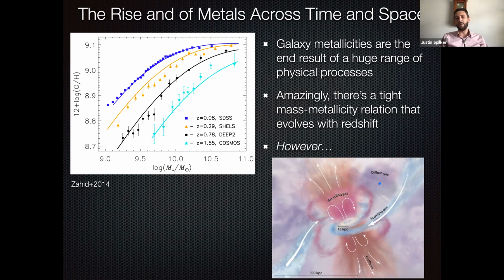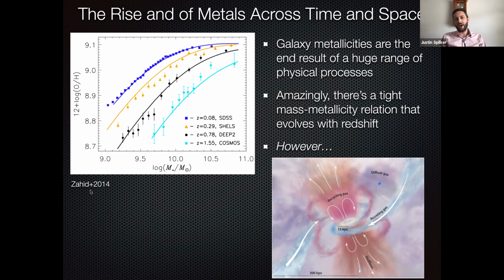So we have metal-poor accretion of gas from the cosmic web. We have metal-enriched outflows of gas that are spewing gas that was inside of galaxies out into the circumgalactic medium or beyond. And of course, we also have the production of heavy elements within stars themselves that then maybe explode as supernovae or eject stellar winds that are able to enrich the gas inside galaxies. And given all of these really complicated physical processes that span scales from tens of AU out to many hundreds of kiloparsecs, it's amazing that we get, in the end, this really tight correlation between the mass of a galaxy and its metal contents.